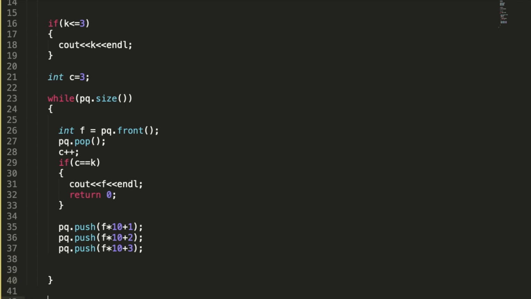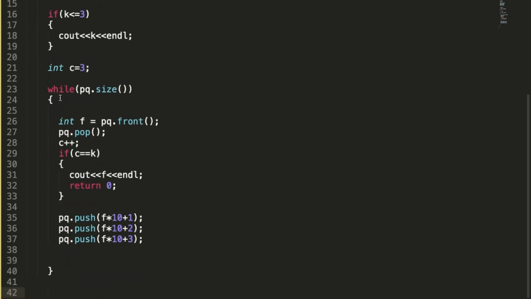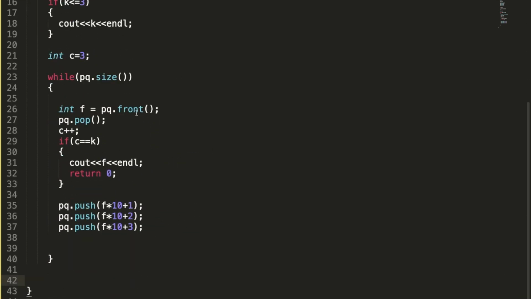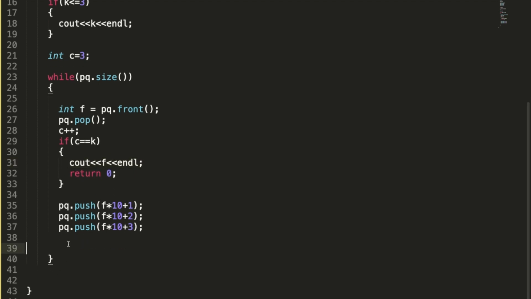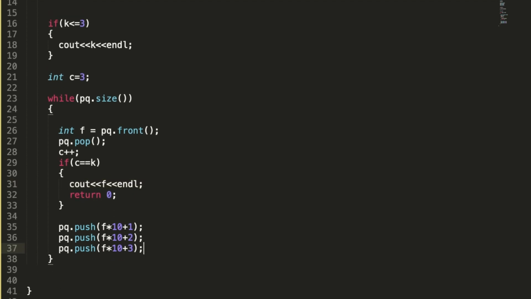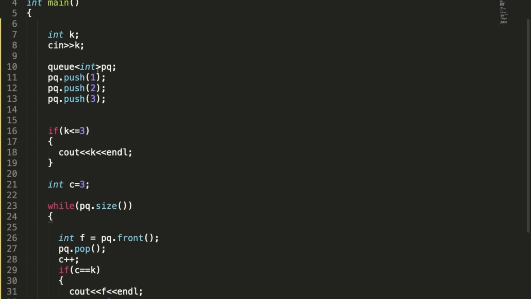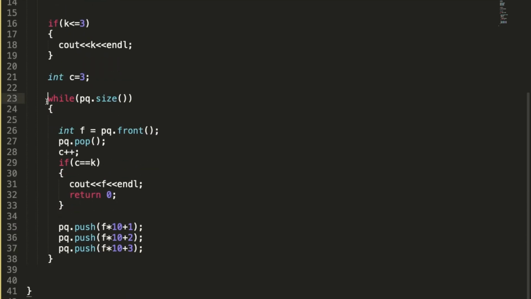So this is only this much we have. The complexity of this code is O of k, because c will run O of k times, and as soon as c reaches the kth position, it is going to print the number. I think it is clear. I don't think I need to do a dry run of this. If you are unable to understand, just try to dry run this. Okay. Thank you.